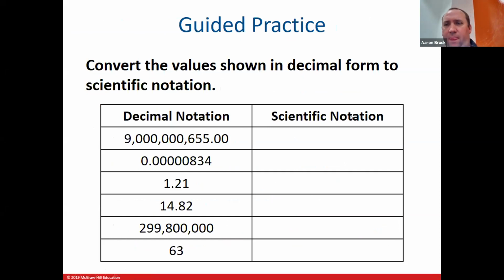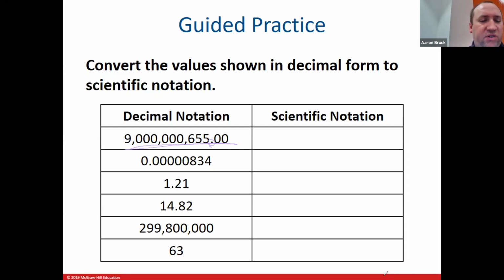So let's do some practice. Let's convert the values here, shown in decimal form, into scientific notation. Now this first one, we can see here that we've got 9,655.00. Unfortunately for us, since scientific notation has to include all of the significant figures, all of these values are significant according to our significant figures rules. So they're all going to show up in the scientific notation. For the coefficient, remember, since all these values are significant, we move the decimal point from here to between the first two significant digits, which would be right here. So our coefficient